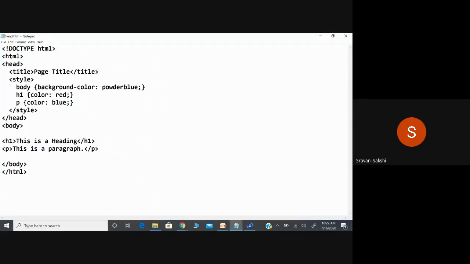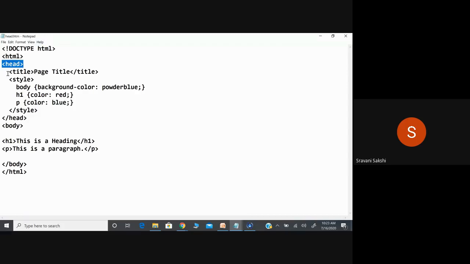So if I want to give this style, all of you can see my screen, right? Yes, ma'am. Okay, I am just checking because everyone needs to see my screen. So style: I have defined here the section in the head part of the document.